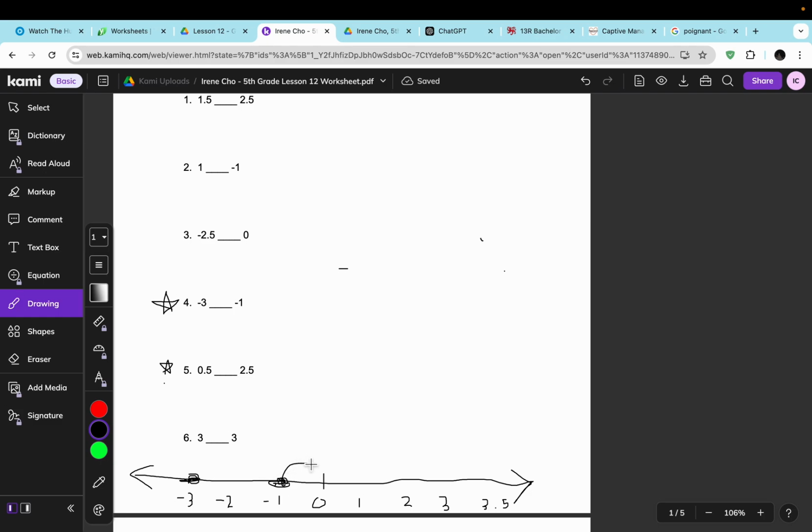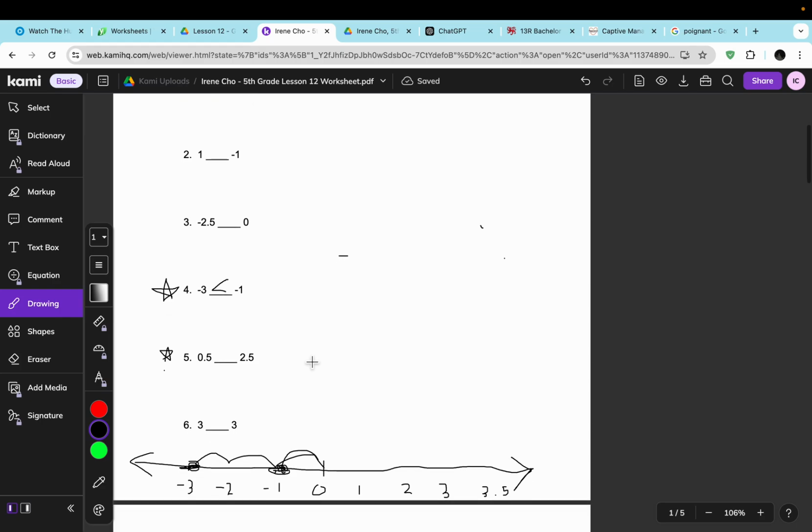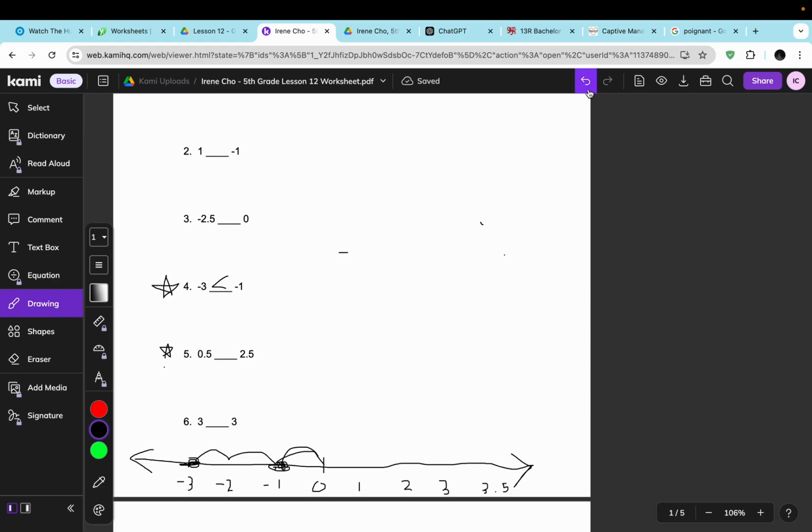negative 1 is 1 unit away from 0, while negative 3 is 3 units. Because of that, we can tell that negative 3 is smaller. It also shows, because I just said that the farther away from 0 means that it's smaller. So negative 3 is less than negative 1, or negative 1 is greater than negative 3. So for number 5,